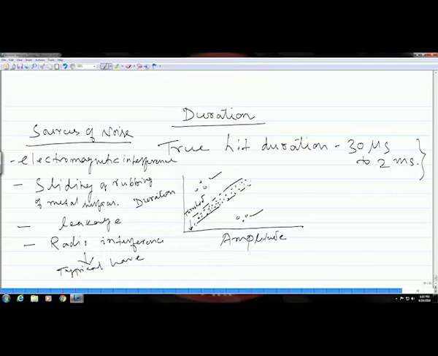So, these all will have typically larger duration, and that is how, based upon this parameter, you could identify noise, like what you see here. They do not fall into this band. So, if you see this kind of signals which are above the main band, this could come from friction or leaks.